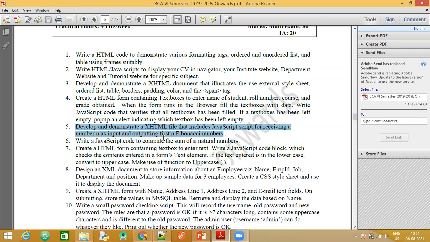Now, since we have studied the different ways in which the window dialog boxes work, we can make use of the prompt window dialog box since it provides us with a text box. We can ask the user to enter the number for which the Fibonacci series has to be generated, and whatever number is entered by the user, based on that we will code and generate and print the output on the browser. So now you all are familiar with the Fibonacci numbers. So let's understand the coding part here in HTML.